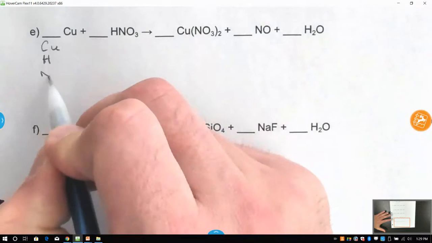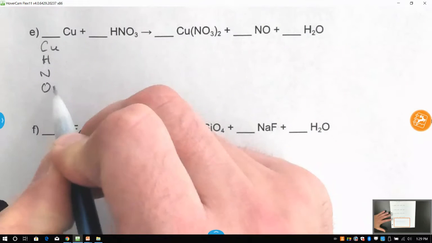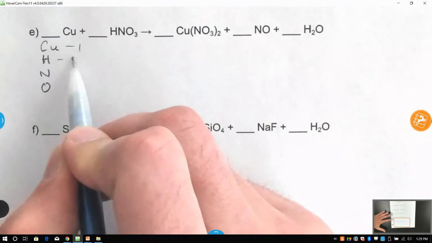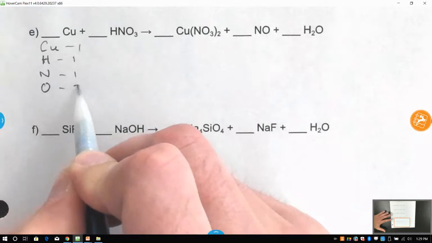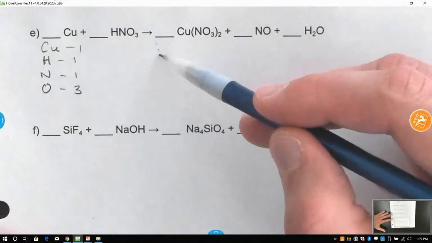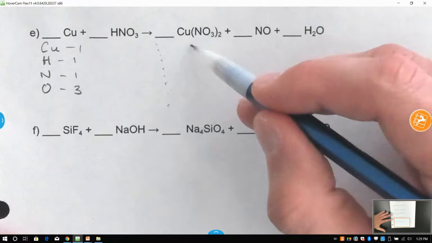All right. So we have just one N here. We have oxygen. There's three. So there's one carbon or copper. Geez, one copper, one hydrogen, one nitrogen, three oxygen on the left side. Right side,